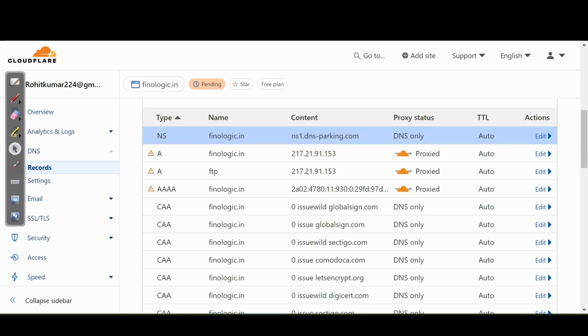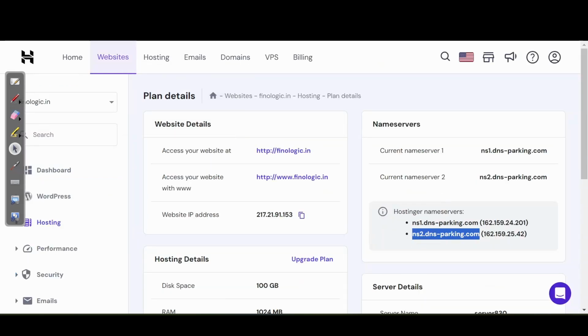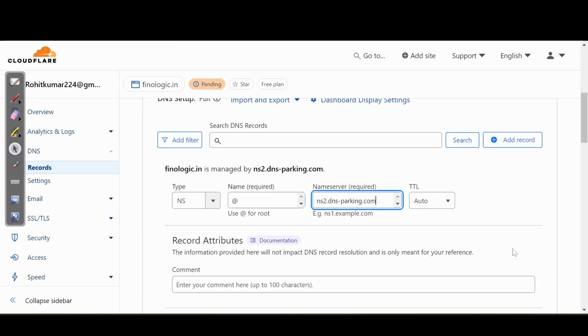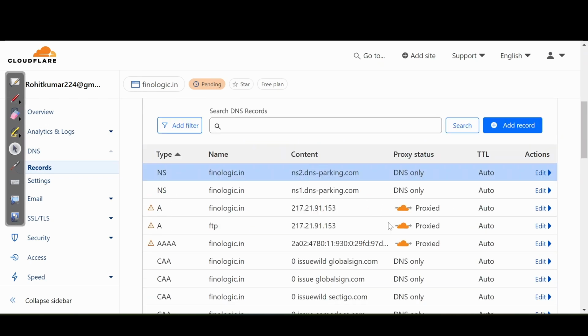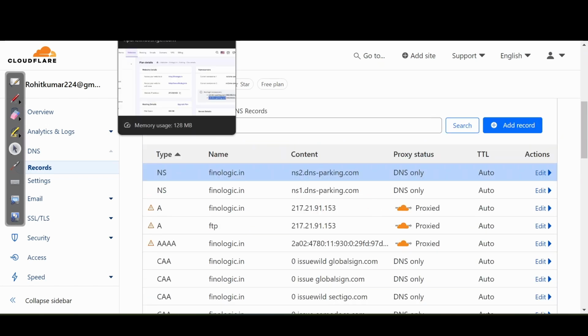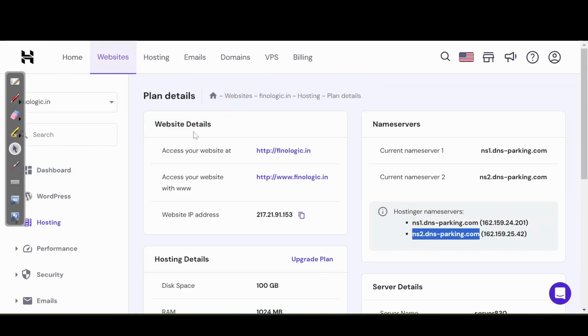I will do the same for the other name server: copy, add record. This is the same everywhere, like you have done in GoDaddy, in Hostinger, and in AWS. After adding these, we will proceed further.